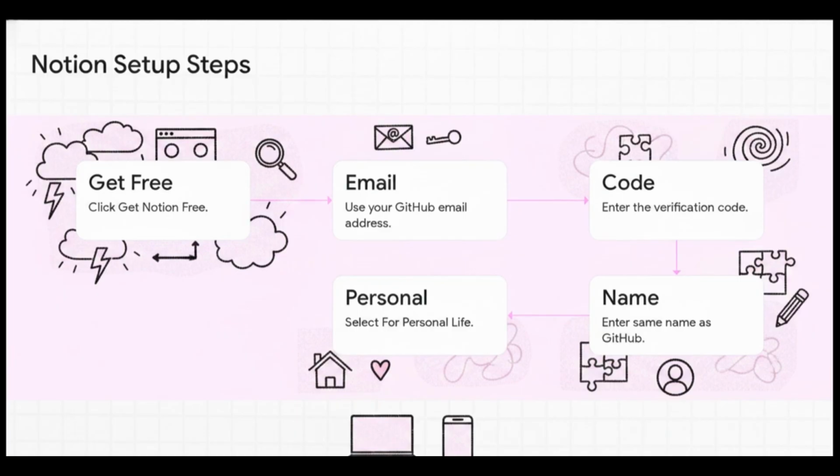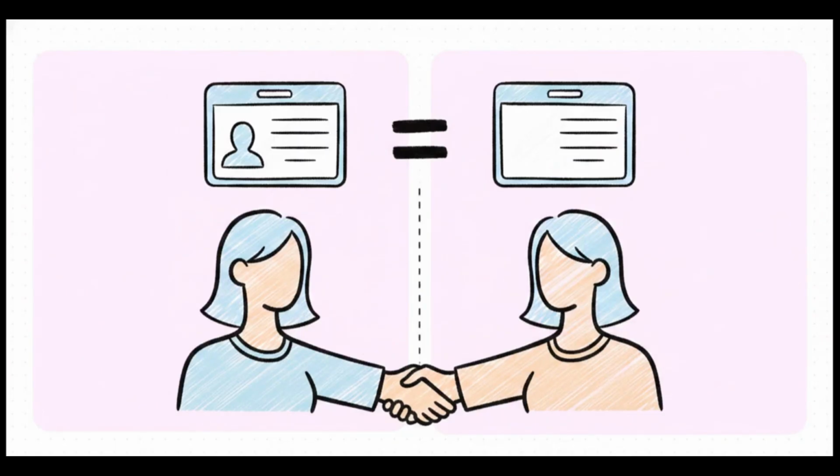But hold on, actually pay super close attention to the email and name you use right here. Because here is the absolute catch, the total necessity for symmetry. This is where, honestly, a lot of people trip up. Your Notion account email and your Notion profile name must identically match your GitHub account details. Think of it like a digital handshake. Later on, when Notion asks GitHub to verify your student status, if the names or emails are even slightly off, boom, you failed a verification trap and miss out on the upgrade. So seriously, double-check your GitHub profile right now and mirror those exact details directly into Notion.